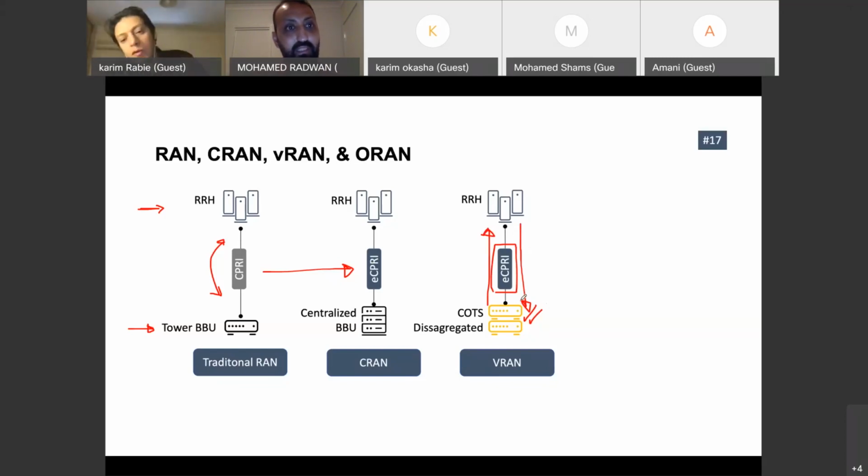Actually, from the evolution of the eCPRI, and when you go to xRAN, Ethernet is one of the options. Okay, but it's one of the main things that make it easier for many vendors to come and play in this area, vRAN and ORAN? Yes, it is one of the enablers, because once you simplify this eCPRI stack, you encourage more players to come, even in the RRH arena, not only on the BBU or vRAN side.